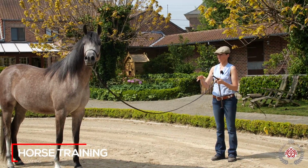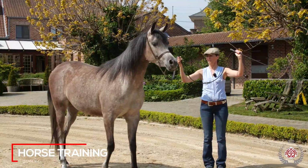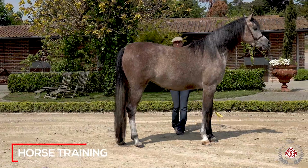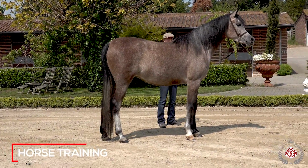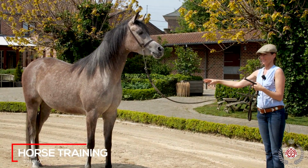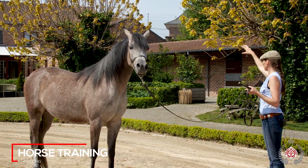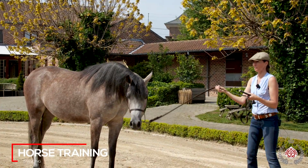Once I feel she starts to be steady, to stand still, she knows to walk, she knows to stop, we're going to go outside to do it. It's a little more to see, it's a little more difficult for her, but we train again the very first steps. When I feel she starts to be steady and focus on me, even with disturbing elements around,